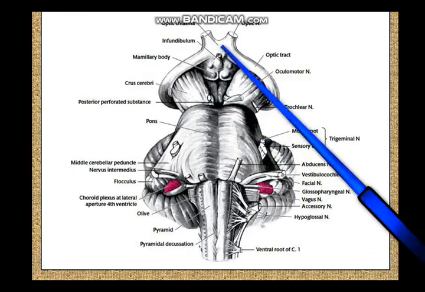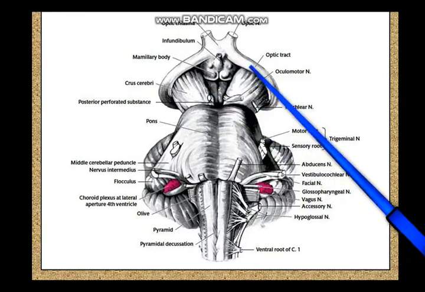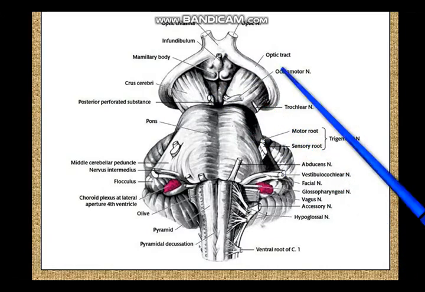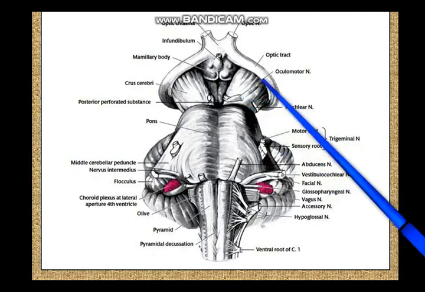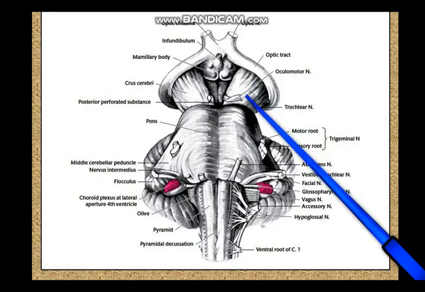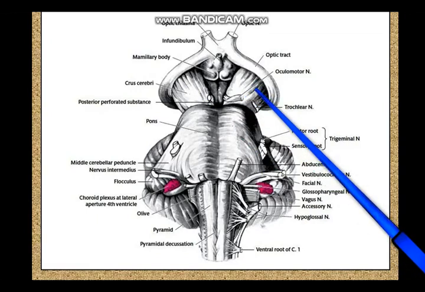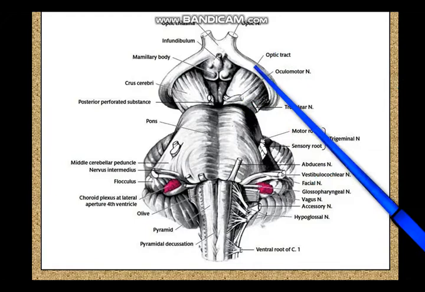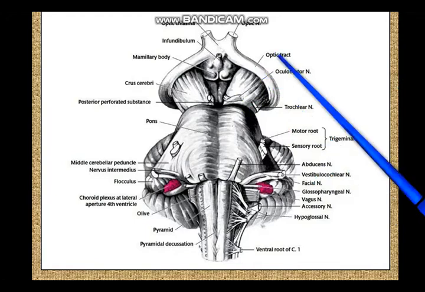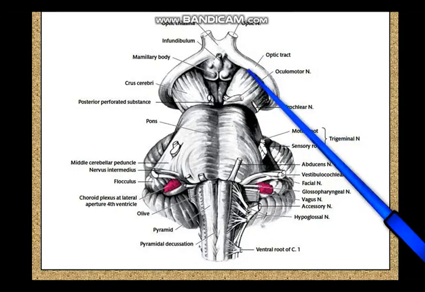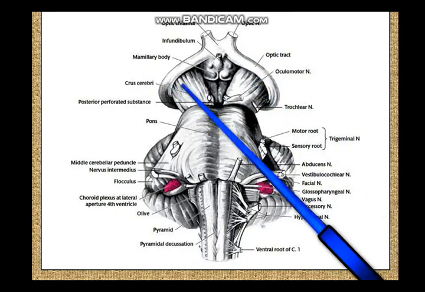Now the optic tracts are made up of fibers going from the optic chiasma to the lateral geniculate body. This much you already know. And these crura cerebri, the crus cerebri of this half and this half, they contain the corticospinal fibers, corticonuclear fibers and the corticopontine fibers. So these are actually the descending parts of the corona radiata. Somewhere high in a fan shape through the internal capsule, and these would become the corona radiata. So these are the crus cerebri.